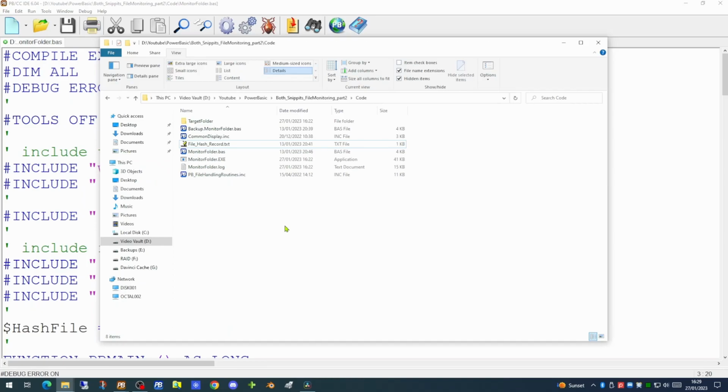However, since we're monitoring this folder for a specific file, there may always be the possibility that the users have uploaded the file and then a moment or two later decided that the file is not correct. So what we're going to do today is build a slight delay into the system so we can check to see when the file was last updated. So let's have a look at the code.